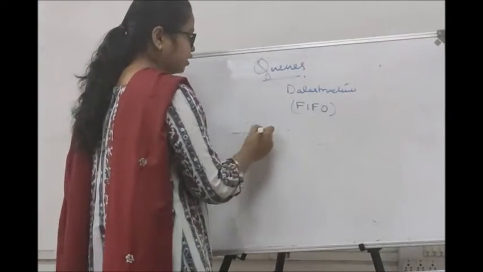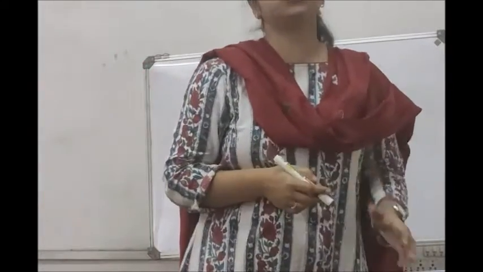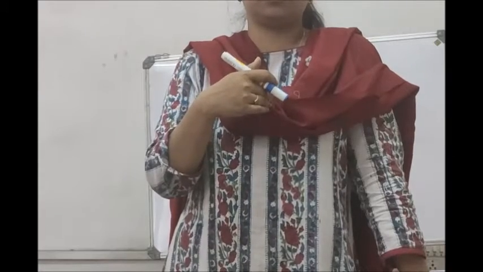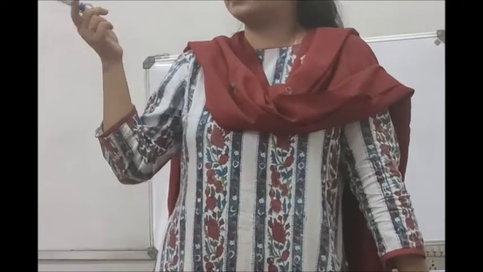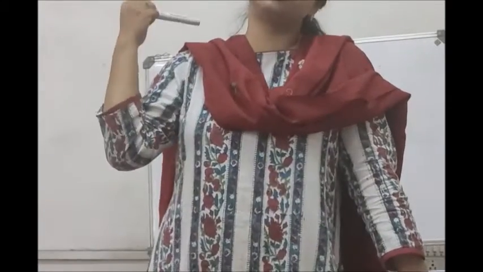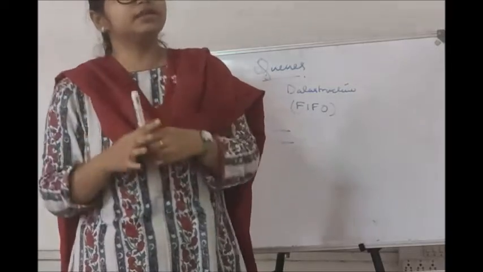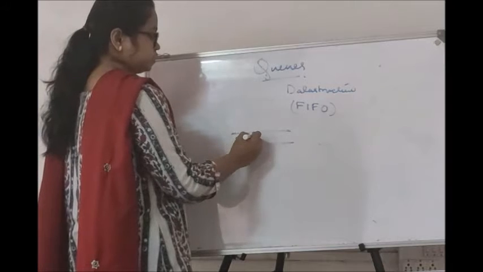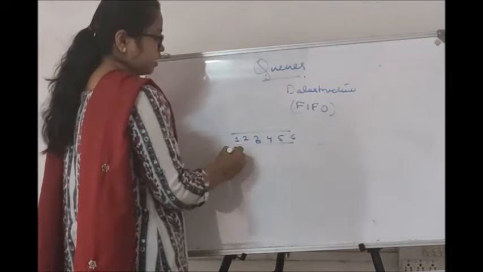So you can imagine it like a queue. Suppose you want to book a ticket at a railway station. You maintain a queue, right? Whoever comes first is served first. That person is addressed first. If someone comes in line, then the next person will be served, then the next person. The queue grows, and as and when people come, that way only they are addressed. Their issue is addressed. So suppose this is person 1, this is person 2, person 3, person 4, person 5, person 6. So one is the front end